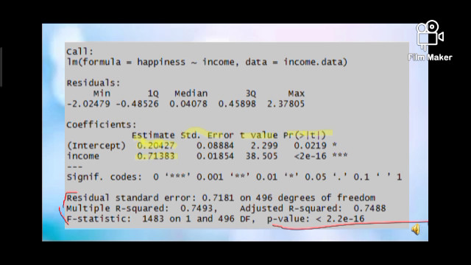The final three lines are the model diagnostics. The most important thing is to know the p-value, which will indicate whether the model fits the data or not. From these results we can say that there is a significant positive relationship between income and happiness, that is, the p-value is less than 0.001, with a 0.713 unit increase in happiness for every unit increase in income.